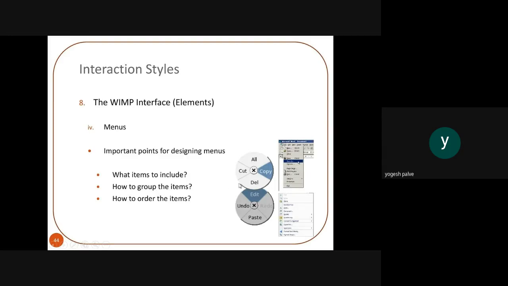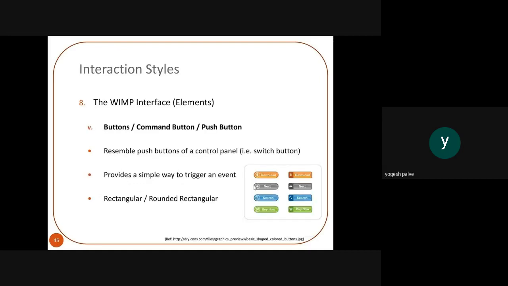Then as a developer, what should be in your mind whenever you are developing the menu? What items to include in the menu is the most important task, which you have to analyze as a developer. Then second is how to group the specific items. How you can group the things so that it is very creative and easily understood by the user or the customer. Then how to order the specific items. According to the user's need, the particular order will be provided in front of the user.